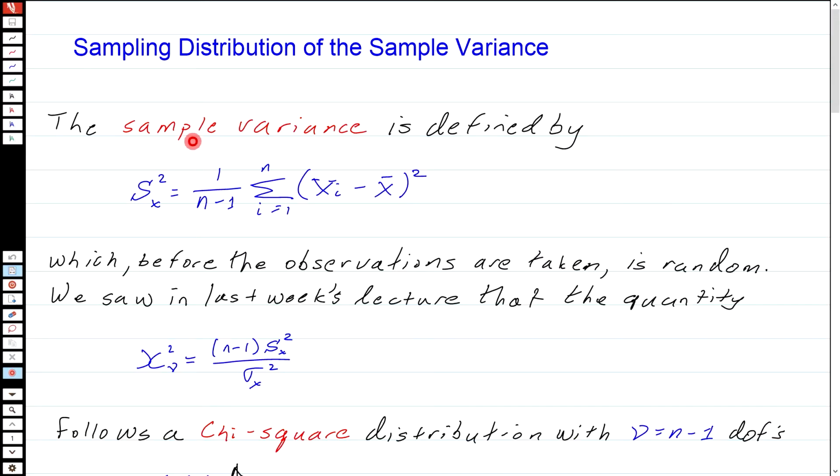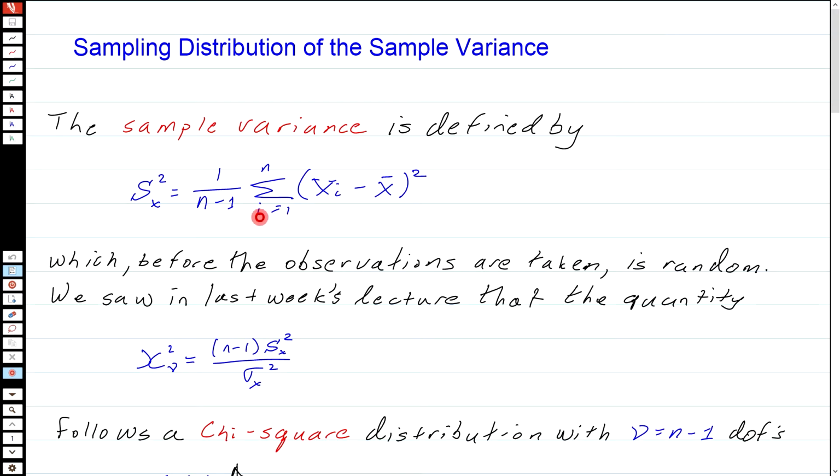You could look at ratios of variances, but many years ago we decided to drop that out because usually you don't have enough data to really make much statements about the ratio of variances. So these are the only three things we're going to look at: x bar 1 minus x bar 2, and the distribution of s squared. Okay, so as you recall, the sample variance is defined by 1 over n minus 1